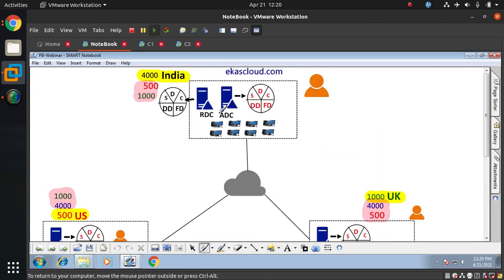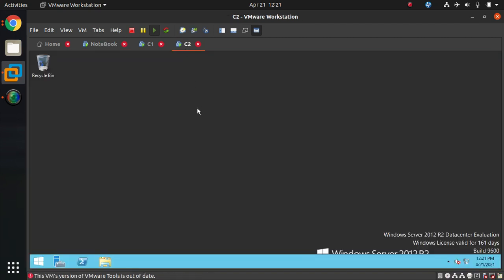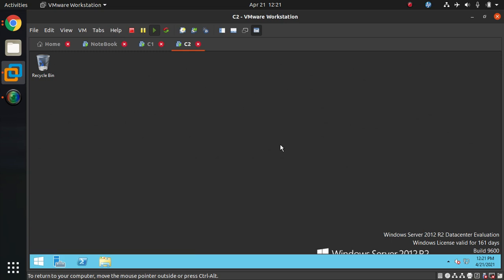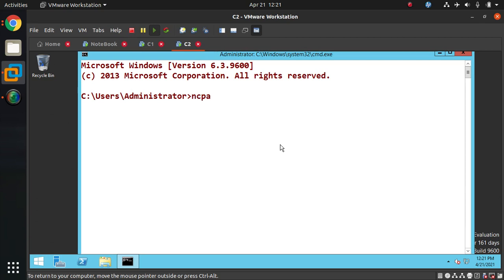We know what an additional domain controller is, and we have to understand the partitions that will replicate to additional domain controllers. I told you there are 5 partitions in the ntds.dit file. Those 5 partitions will replicate to the additional domain controller. How does it happen? I will go to install Active Directory Domain Services on the second machine. Before installing that, I will make sure what IP configuration I have by using NIC properties.